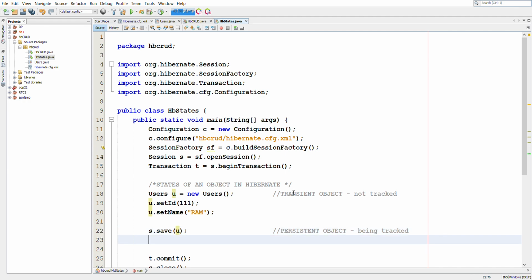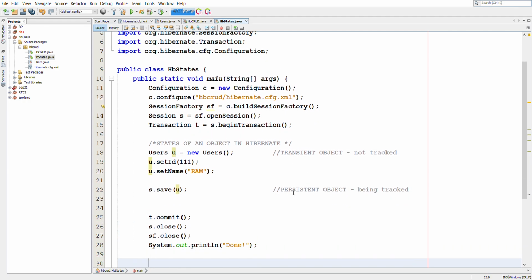And now whatever changes are being made in this object, so let's say now we make some change like u dot set name to Ramesh. So now in this case, since this object is being tracked by Hibernate, that is why we do not explicitly need to update. The update will automatically be applied in this case.